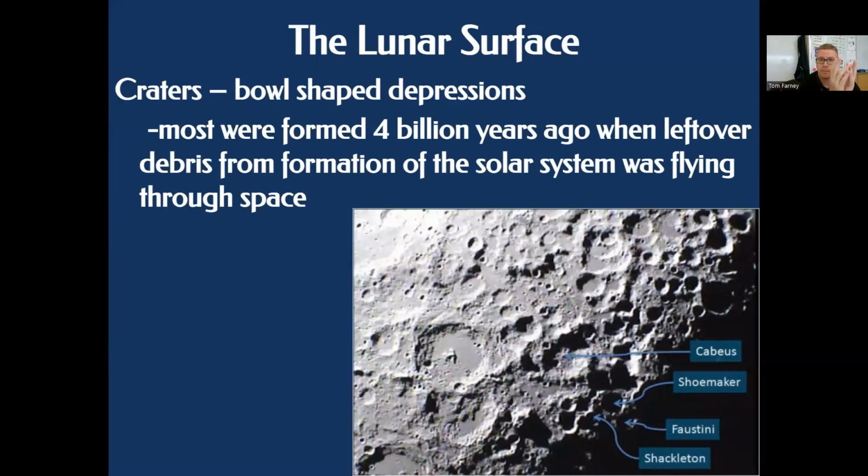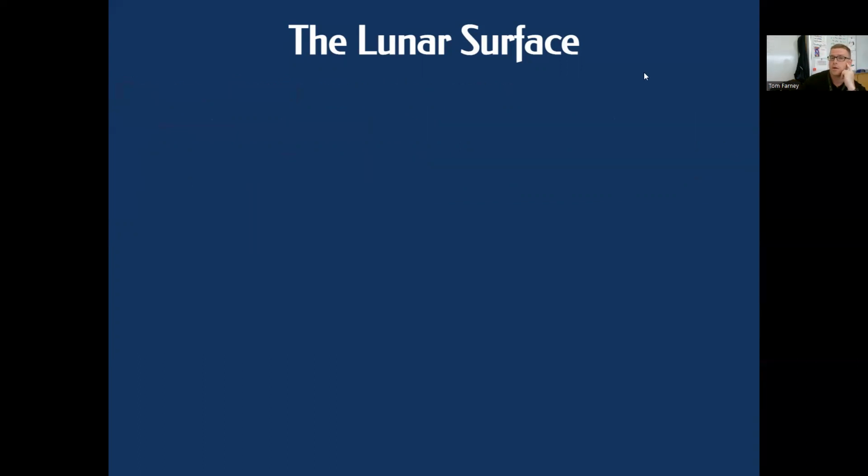And a lot of that material becomes moon. The other materials float around and become our larger features of the solar system, like the asteroid belt, the Kuiper belt, maybe some dwarf planets if it's big enough, random asteroids. But that leftover material that didn't become part of the planets began impacting either planets that did exist or some of their moons. So these craters, or bowl-shaped depressions, came from those impacts about 4 billion years ago from